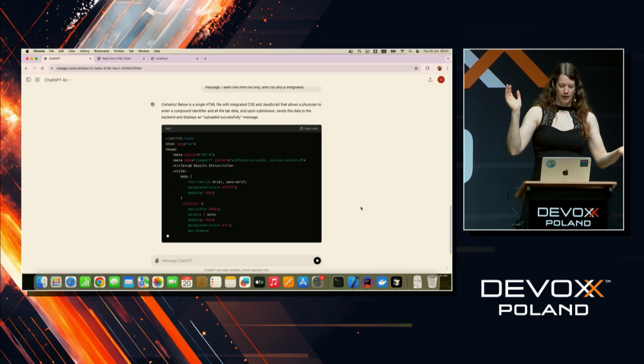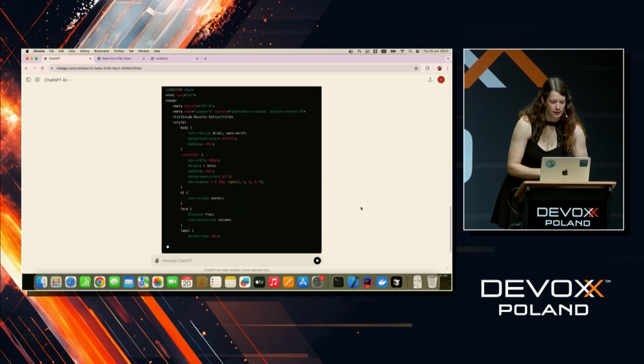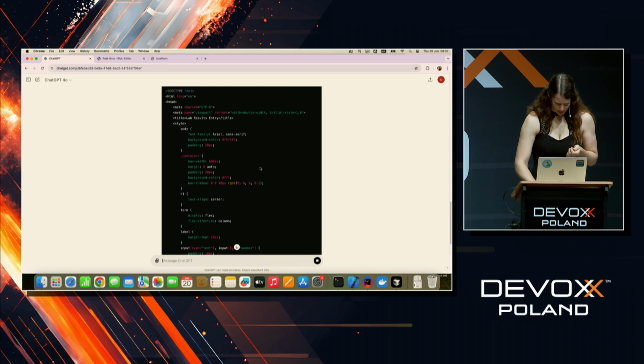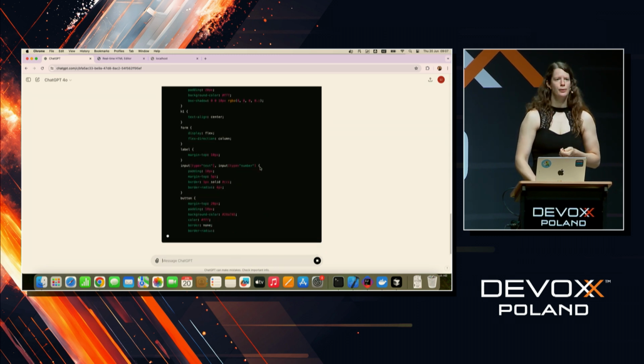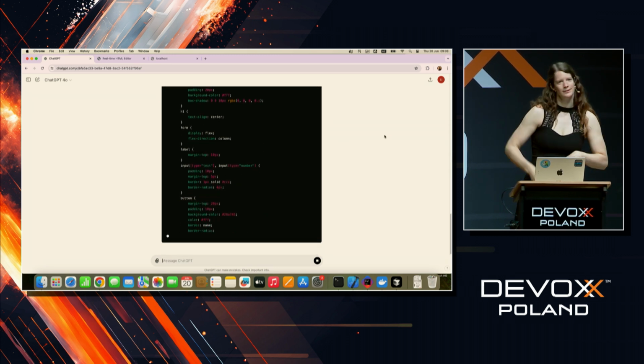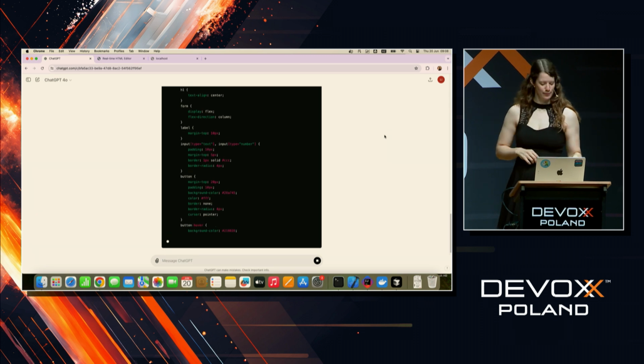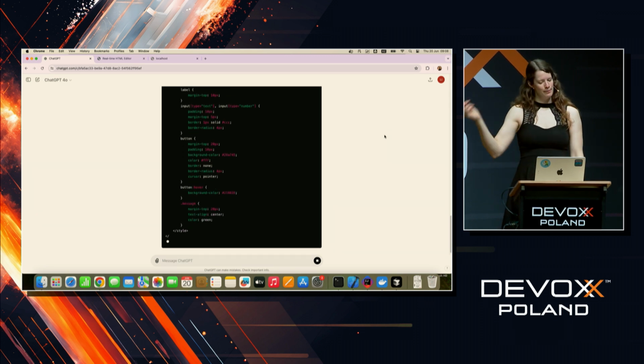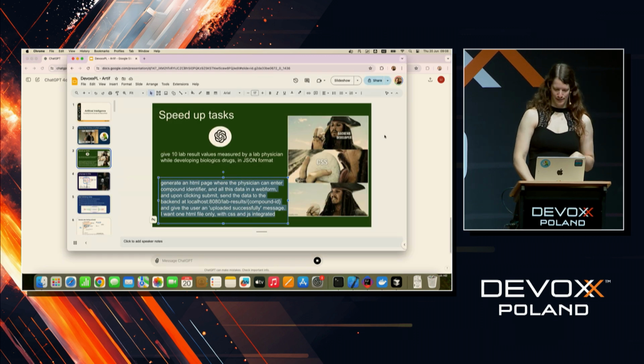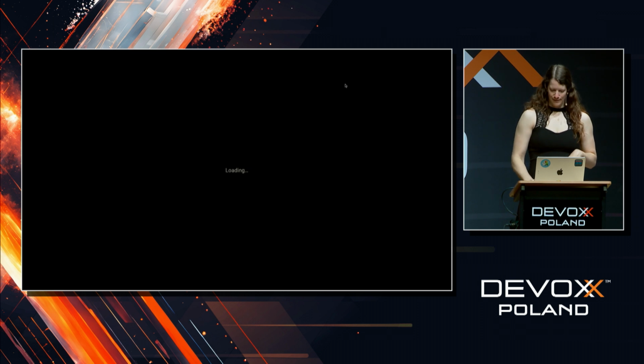So now this is ChatGPT coding for us. It's writing its HTML here, somewhere doing the CSS, and we're going to let it write. We're going to come back to this and check if it works afterwards. And meanwhile, while it codes for us, I'll go look at the next example.